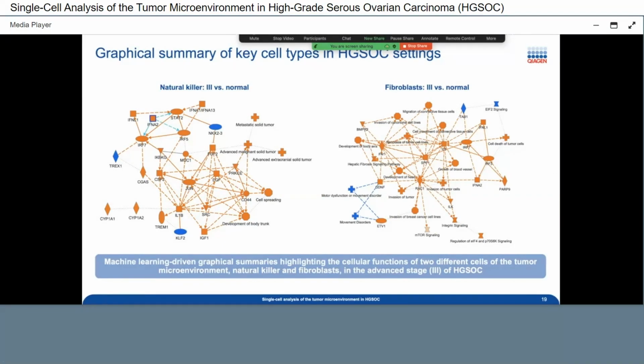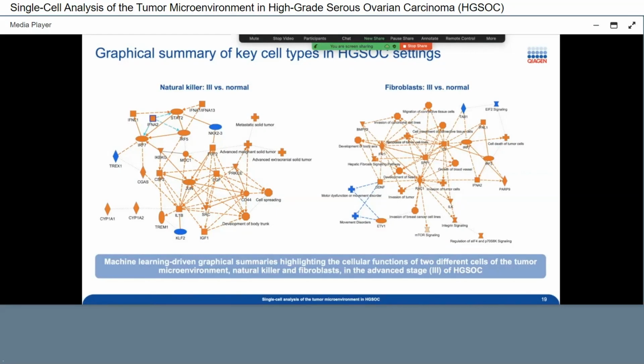So here, this is the graphical summary. I'm very proud of that feature because the graphical summary is basically a synopsis drawn by a machine learning algorithm that will connect the most important biological entities that you have in your data set, right? Based on genes, as you can tell here, based on disease, based on pathways, and you connect all of them. And everything is done automatically. And what does it do? It provides you a very clear image of what's going on in that data set.